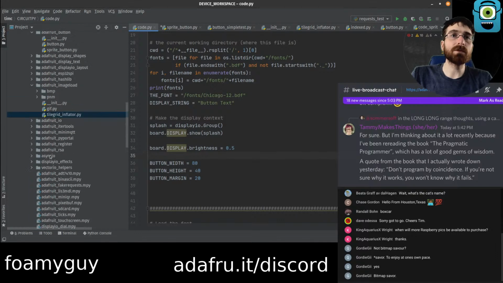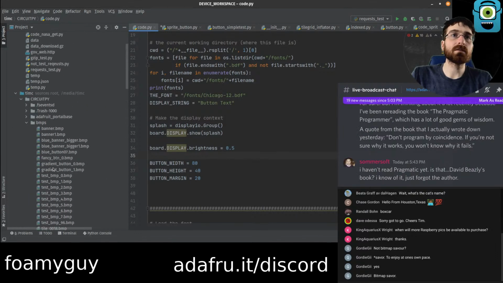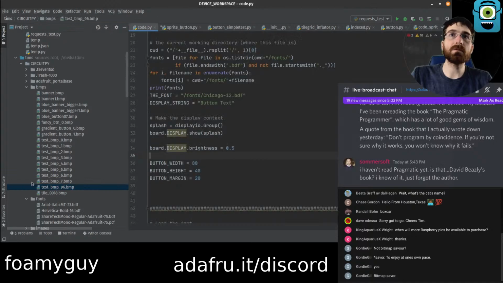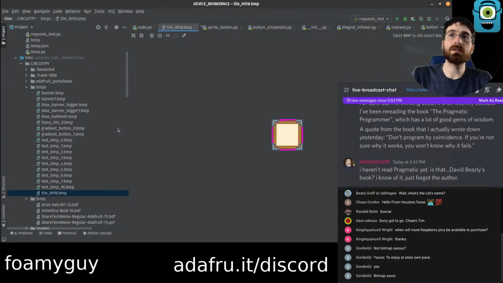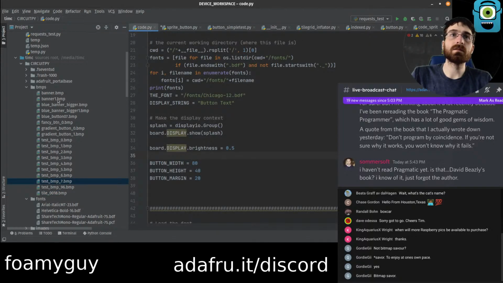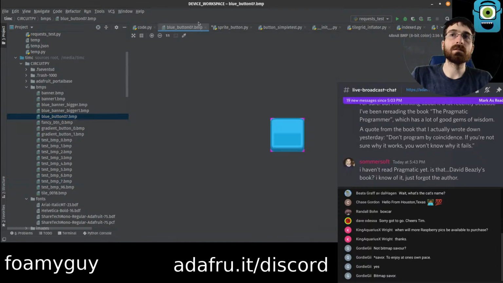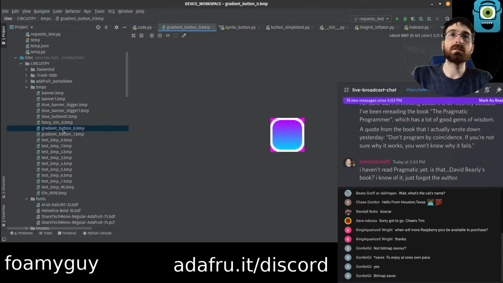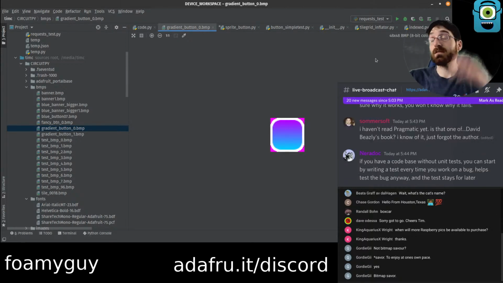Where are my images at? Nope, that's not the one we want to use. Let's use this one, gradient button 0. This is 48 by 48, which means the tile sizes are 16?